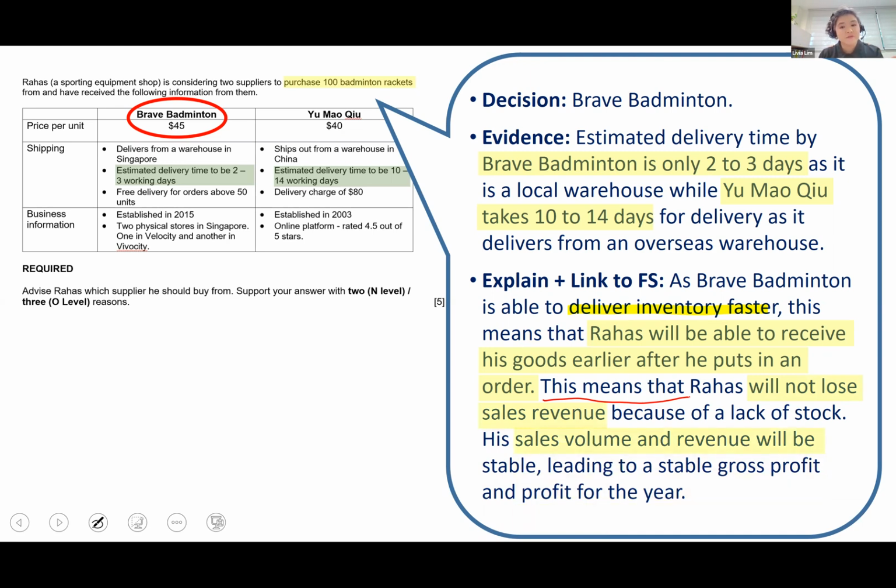All right, sales revenue and sales volume will be very stable, will not fluctuate because I don't have a stock shortage. All right, sales revenue will be stable, and it leads to a stable gross profit and profit for the year. All right, so this is an example of actually a question. Regardless of which choice you make, there will be enough information to support your choice. Okay, so the examples end here for